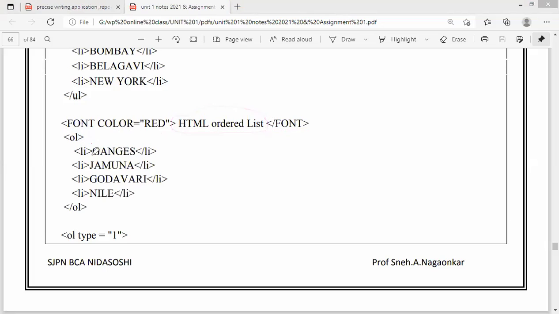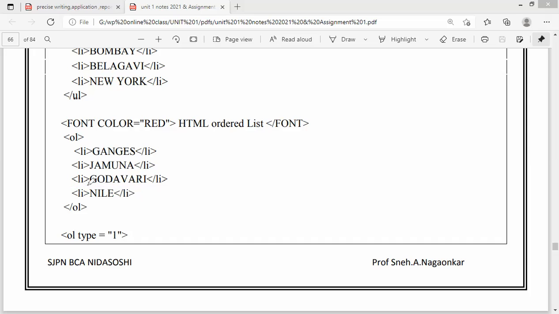Now, if I want to apply font for all this, what can I do? I can take a font tag inside this LI tag also, or I can take body text equals any color which you want, and that will be applied to the entire contents of the LI tag. Okay, yes. So if I want to change the color of this text, I have to take a font tag inside the LI tag. Okay, or I can take the font inside the body tag.